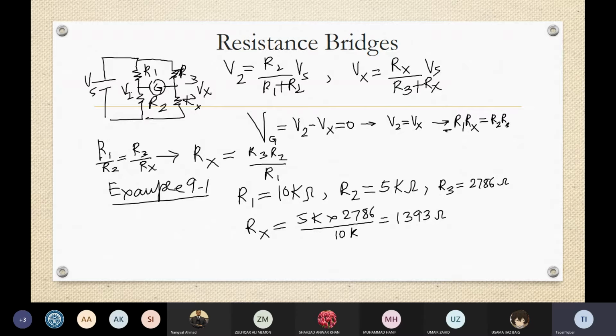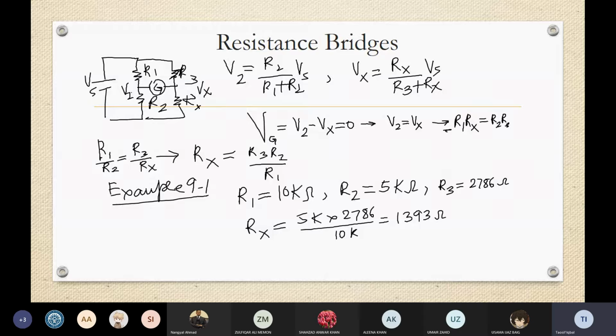So the voltage between R1 and R2, the midpoint, we have V2, and we can find it by the voltage divider circuit: R2 multiplied by Vs divided by the sum of R1 and R2. Similarly, on the other side, the bottom side, we have the unknown resistance Rx, so the voltage, we name it as Vx. So this Vx depends on the value of Rx multiplied by the supply voltage divided by R3 plus Rx. And in this case, R3 is a variable resistance.